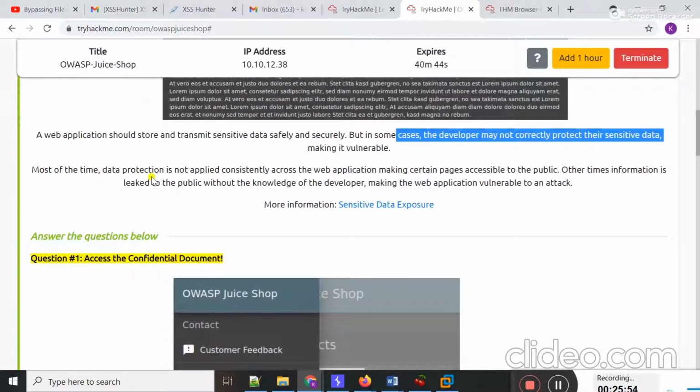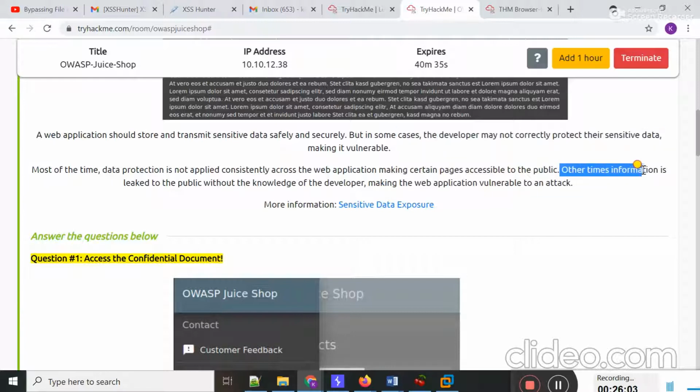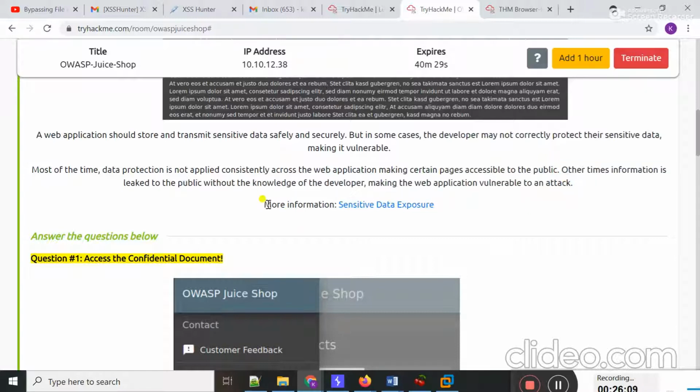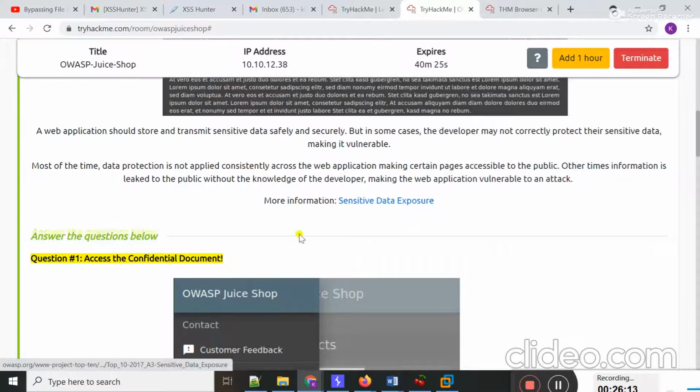Most of the time, data protection is not applied consistently across the web application, making certain pages accessible to the public. Other times information is leaked to the public without the knowledge of the developer, making the web application vulnerable to attack. For more information you can check sensitive data exposure.